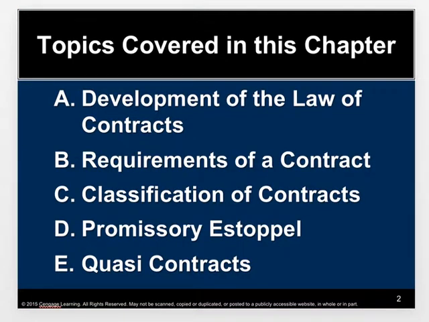So let's talk a little bit about what we're going to cover in the chapter. We'll talk about the development of the law of contracts. Then we'll talk about the basic requirements of a contract. We'll move on to the classification of contracts. Then we'll discuss a very important concept in contracts called promissory estoppel. I'll talk a little bit more about that when we get there. And then we'll also talk about